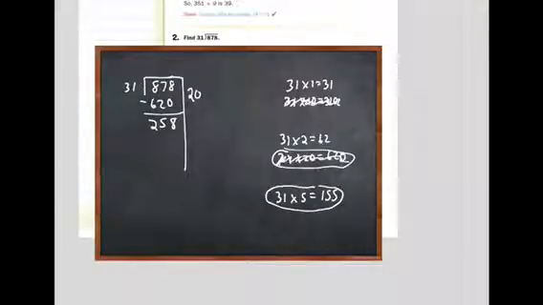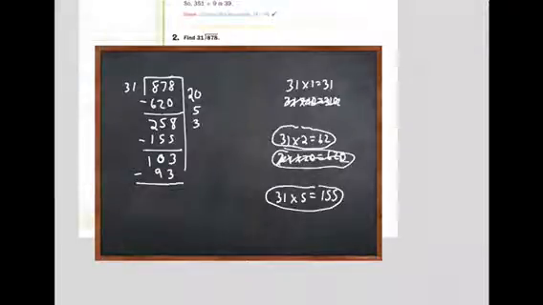So 31 is going to go into 258 5 times, which is 155, and I'm down to 103. Now, of the remaining facts, I could use this one, but I'm going to try to get this done a little bit quicker. If I know 31 times 2 is 62, I know 31 times 3 is 93. So you don't have to just stick with the facts you have written down. So if 31 times 3 is 93,